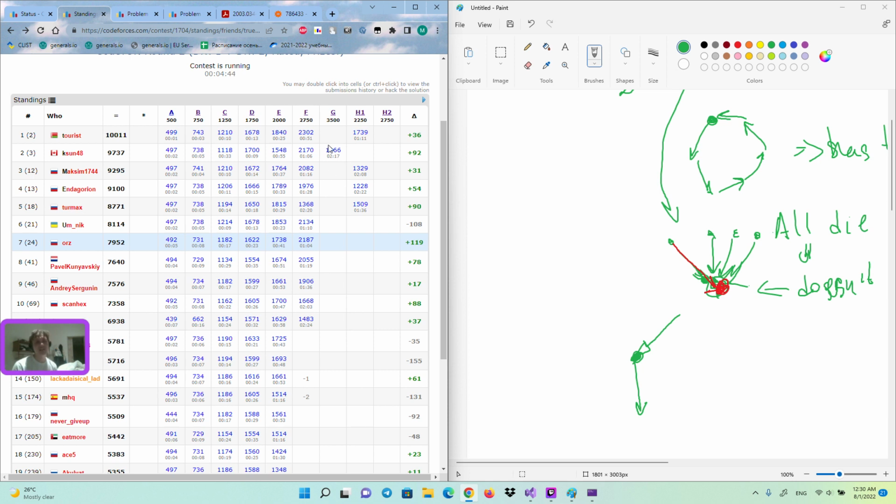Still, I really admire those guys who solved G, because I liked its problem and I always solved it, but I didn't manage to generalize the Knuth-Morris-Pratt algorithm for the case when we can either take A or A plus 1. And the rest of the problem is actually solved. This is the only part. I would like to look in the editorial after the round and find out how the Chinese authors managed to do it.